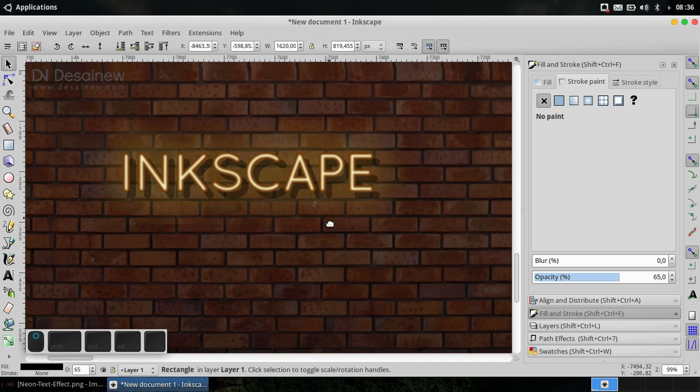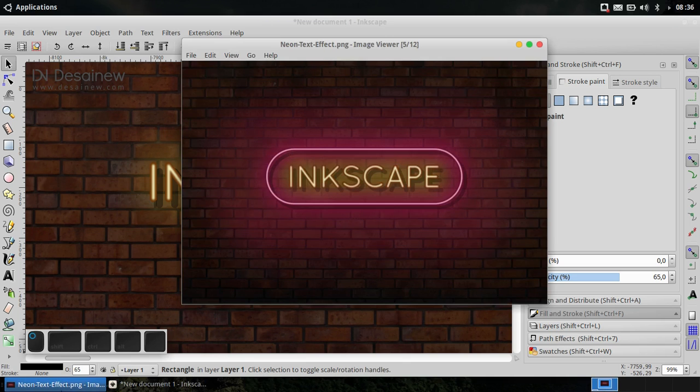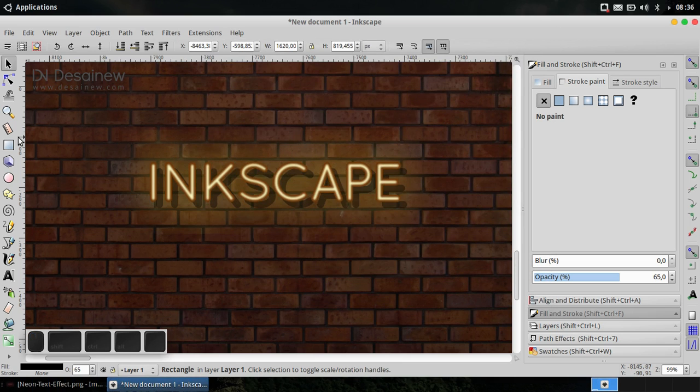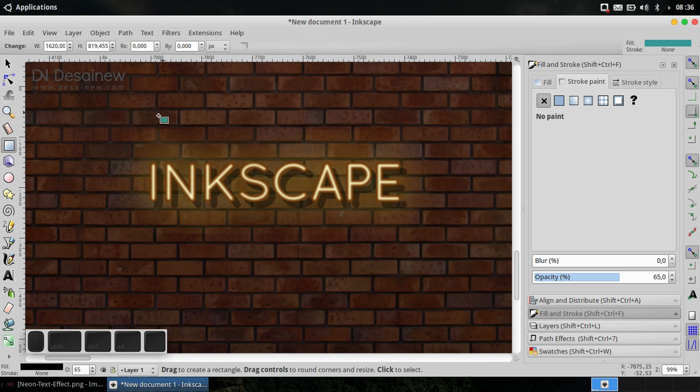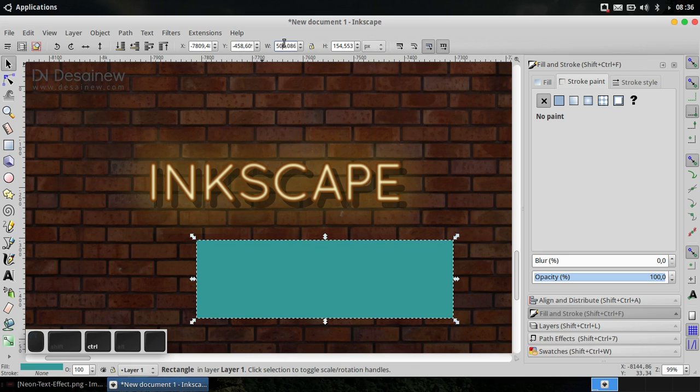40. Okay, and in the next step you will create a rectangle object with rounded corners, like this. Create it with this icon and resize with numbers 640 and 180.